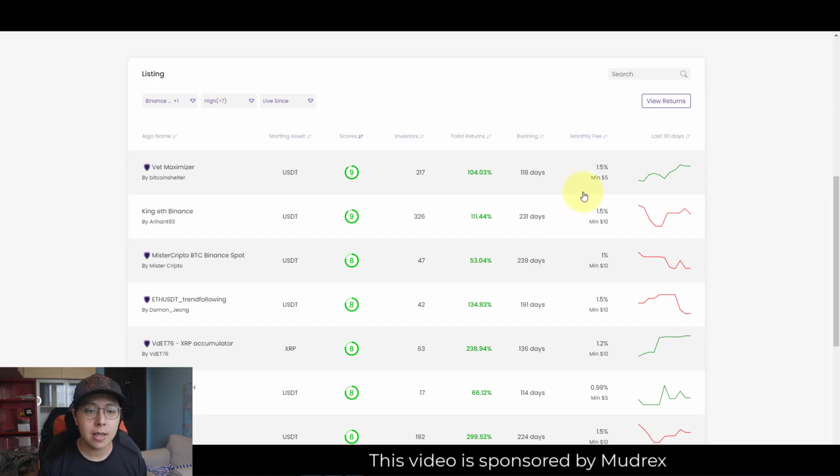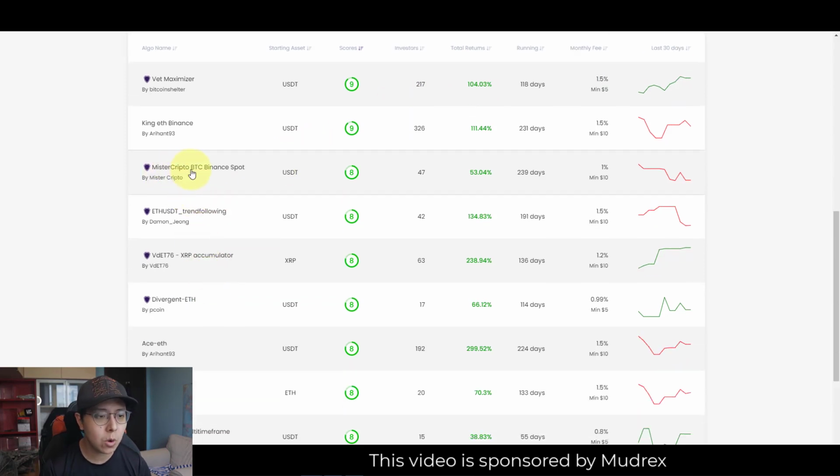One of the key features that I really love is that if the bot performance is below market, for example, taking this one here by Mr. Crypto Binance Spot, let's say for that month you're subscribed to this bot and its performance is worse than the Bitcoin market performance for the month, then the fee is refunded to you.